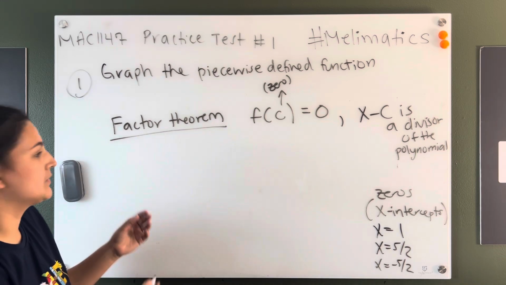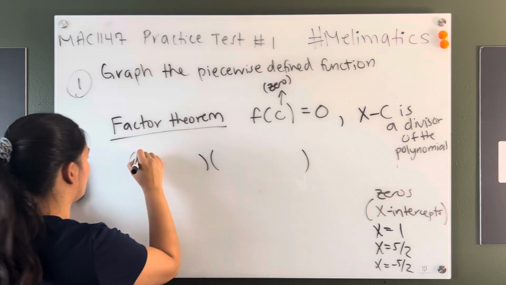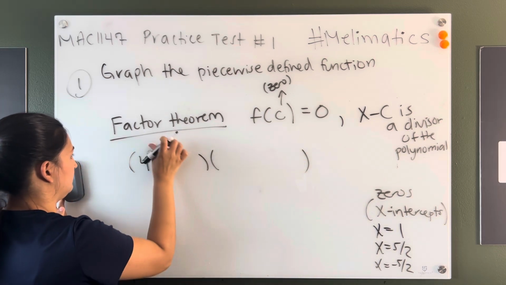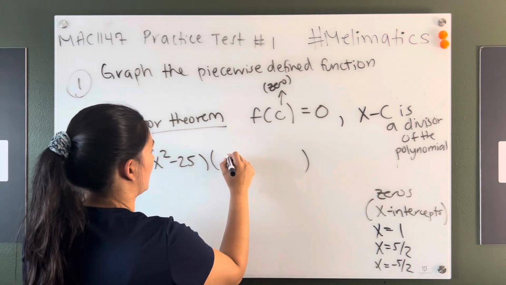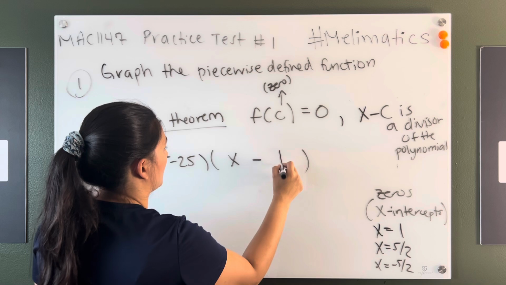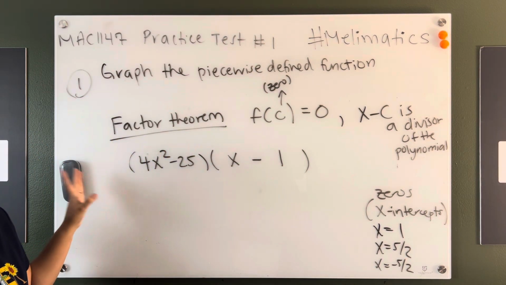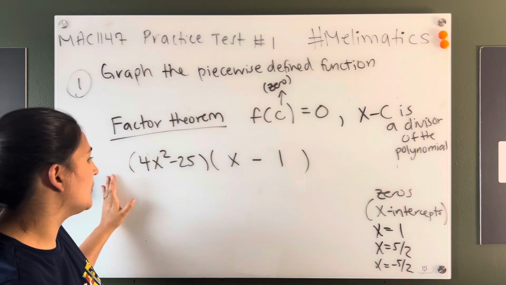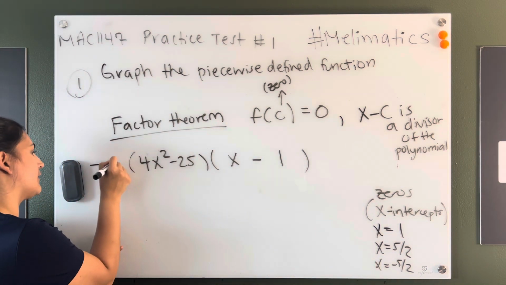well, let's go back to it. So we actually had done factor by grouping, right? It was 4x squared minus 25, and this is x minus 1. Okay, so a couple things to tell you. So first, we actually did factor by grouping, so we could have actually used this as our factor form, but